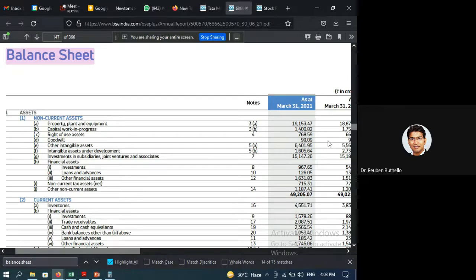Whatever I get on that day, midnight of 31st of March, is what is called as the balance sheet elements. Means when I take the photo, I'm going to see how much cash balance is there in the bank. I'm going to see what investments I have. I'm going to see what liabilities I have. I'm going to see what assets I have. And that is exactly what we will see over here.